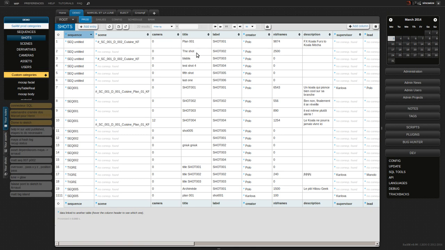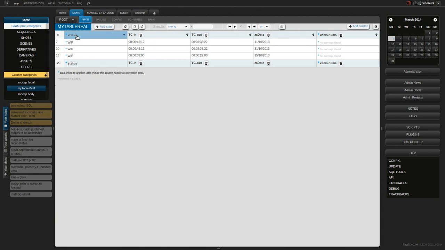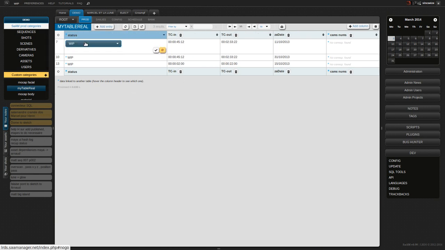I can add a column with a status, but if you go to a custom category, any category in custom, you will see status. When you double click, this is a status you can have per default when you manage your project. I'm coming back to config,